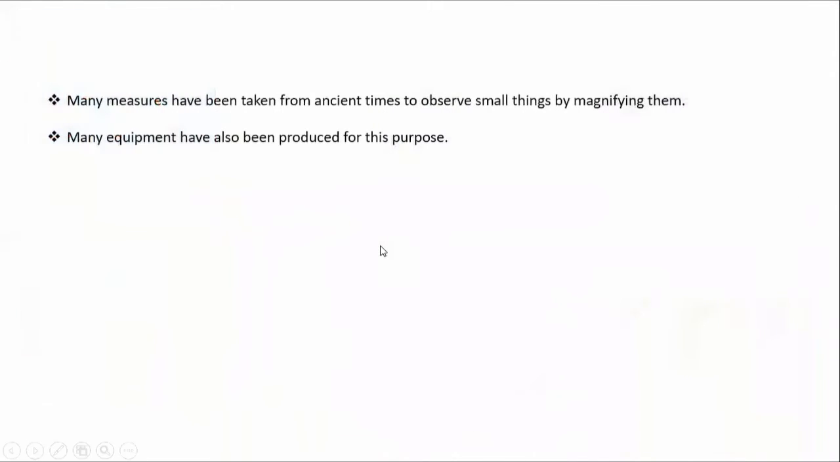So what does it say here? Many measures have been taken from ancient times to observe small things by magnifying them. Many equipment have also been produced for this purpose. So what are these different measures or equipment that have been used from ancient times to observe small things? To look into that,